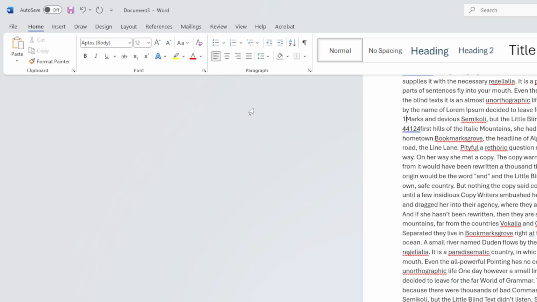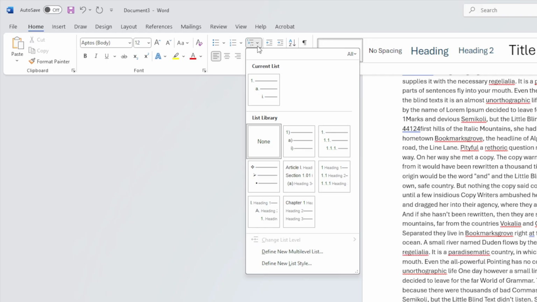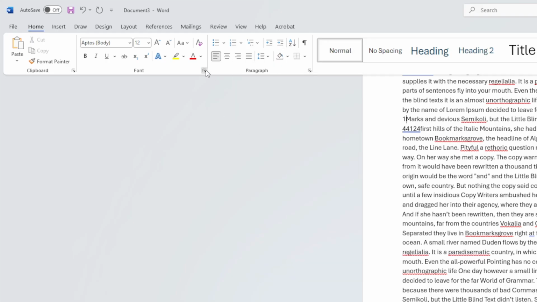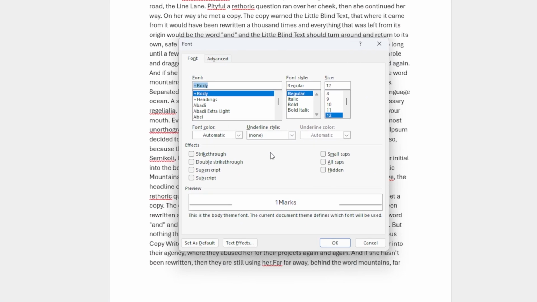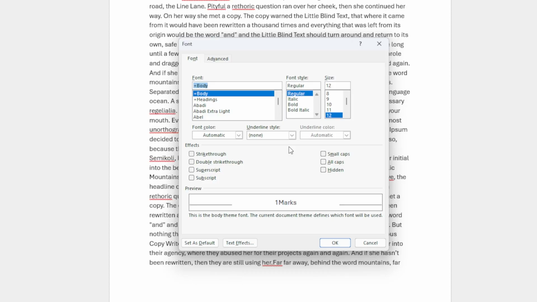If our menus have a down arrow, that means that there's more we can see if we click there. And if we have this little icon in the corner, we can click it and launch a separate dialog box, which is where we can find many advanced features. To close this menu, we'll press either the Cancel button or the X in the top right corner.